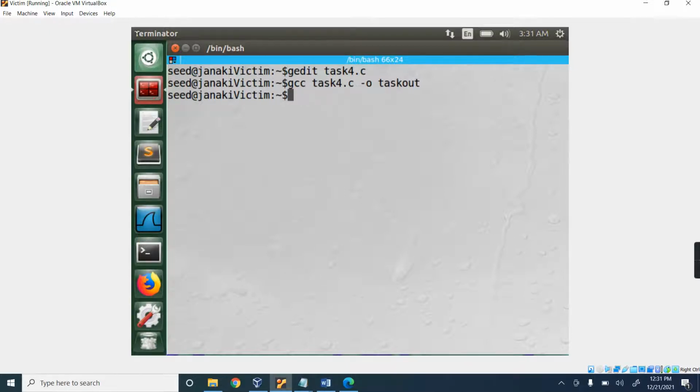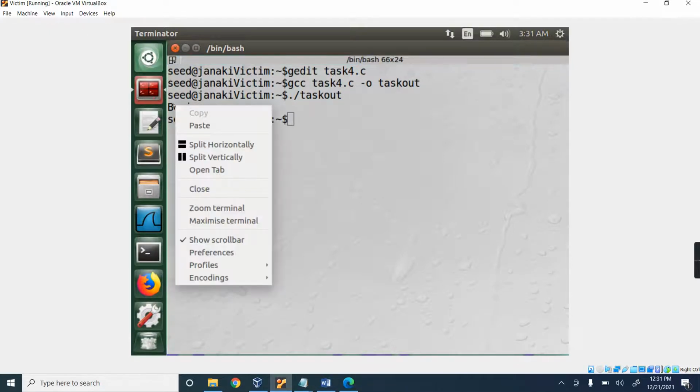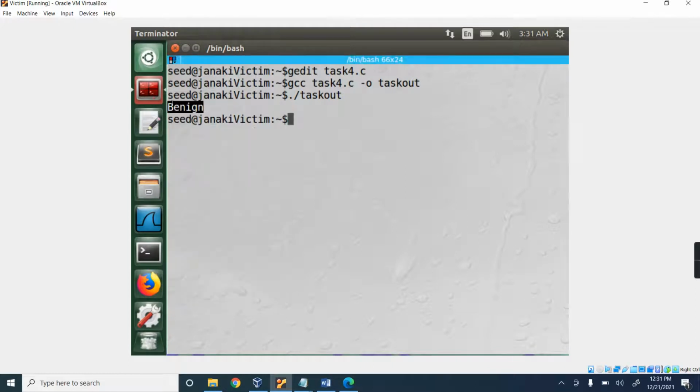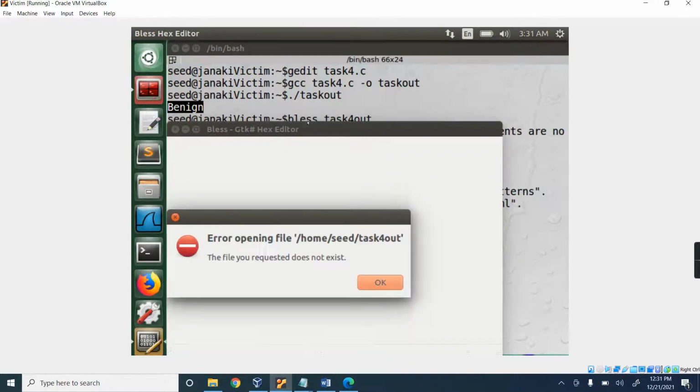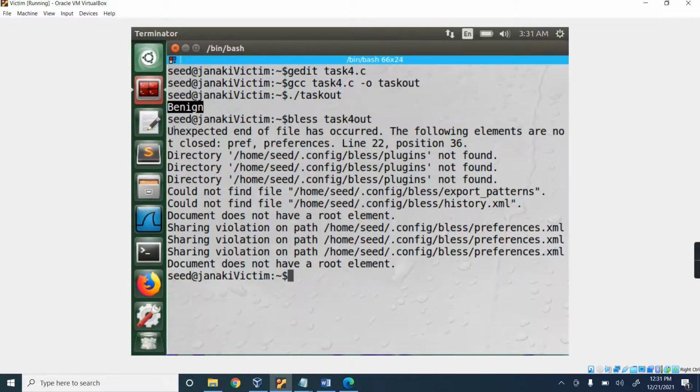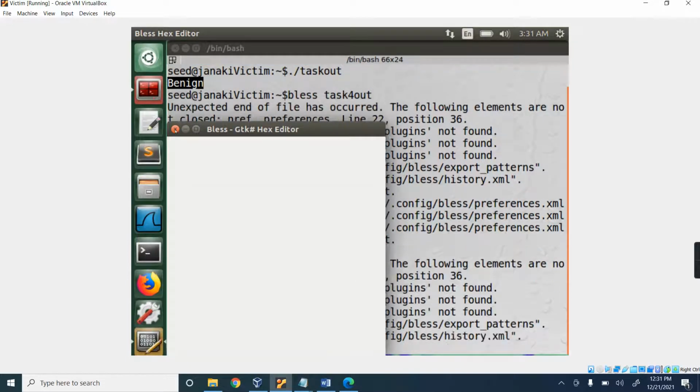Before opening in Bless Editor, we will run and see task4.out. So it will print benign because my x and y values are the same. So now we will open this executable binary file, task4.out, in the binary editor.